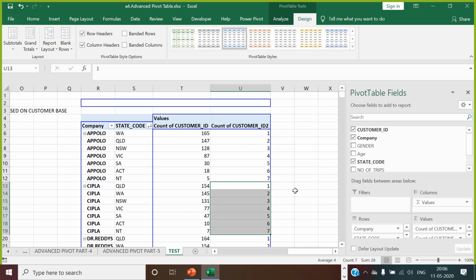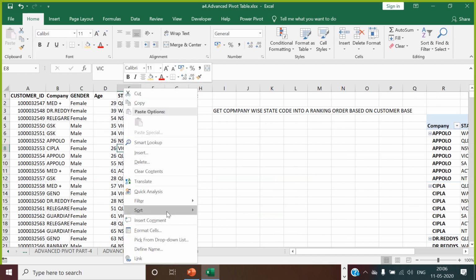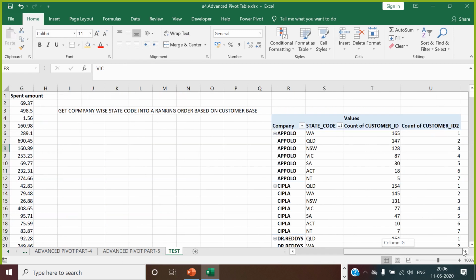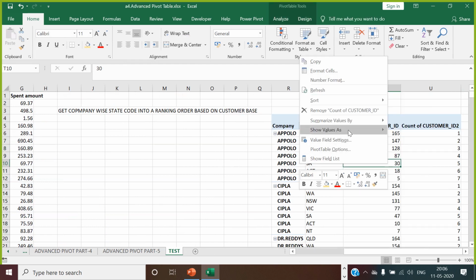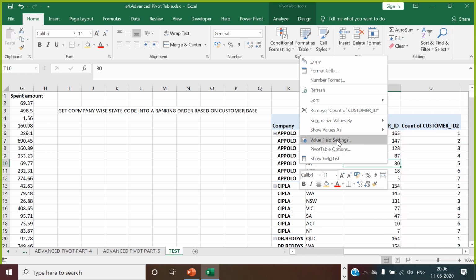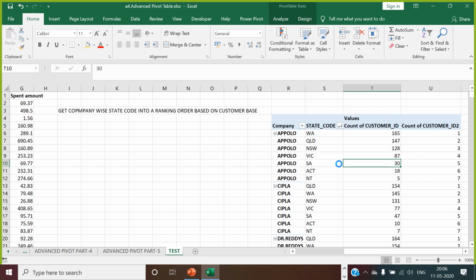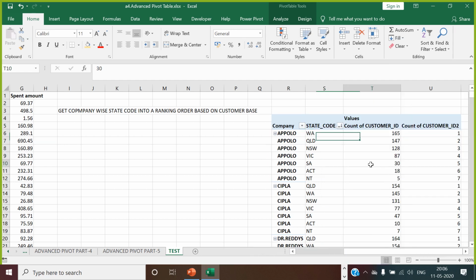Okay, fine. So this is how we have got our advanced pivot table with the option in the pivot table which is called the major right-click option, Show Values As. These are the options which you covered. Index more options is not required now, so you can ignore it. Value Field Settings definitely shows which field you have selected. Pivot options we already discussed. Show Field List will show the field list, and if you right click, Hide Field List is going to hide it. This is how we have completed the advanced pivot.